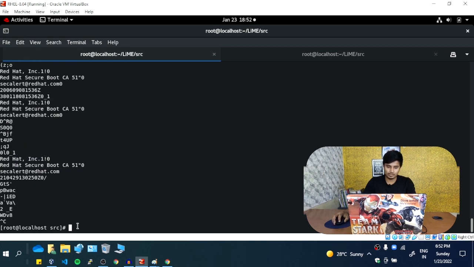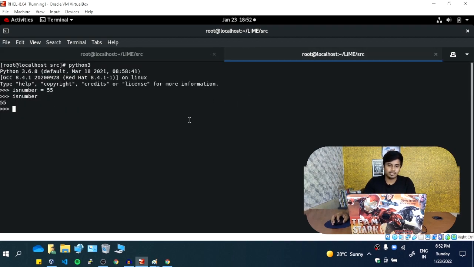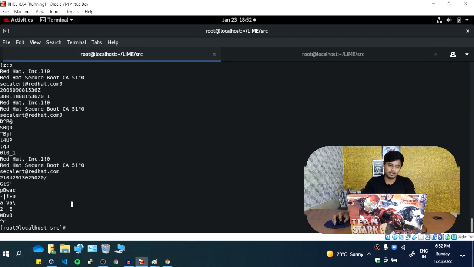So what I will do now is, I have created some data in the RAM. What is that data? number equal to 55 is the data which I have created in the RAM. I will try to get this data, because this is still a process. I have not exited this process, so this is still present in RAM. I will run the same command, and whatever the strings output is, I will pass to the grep command, and what I need to search is number.